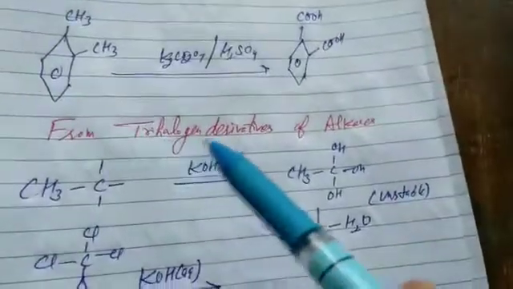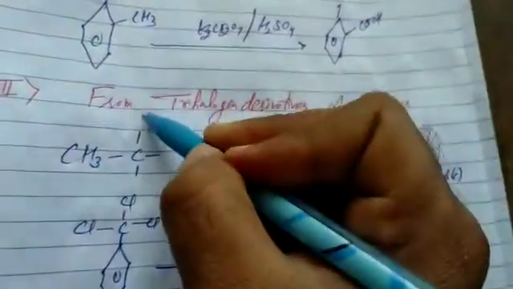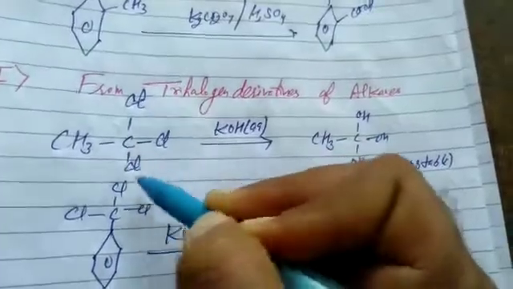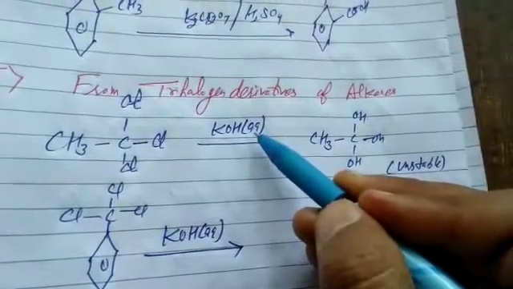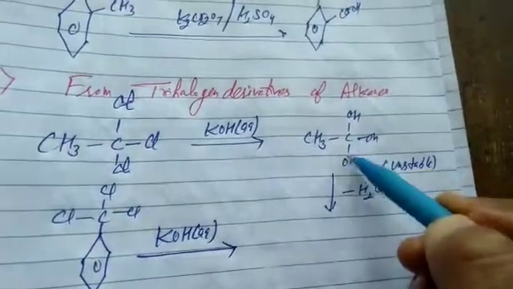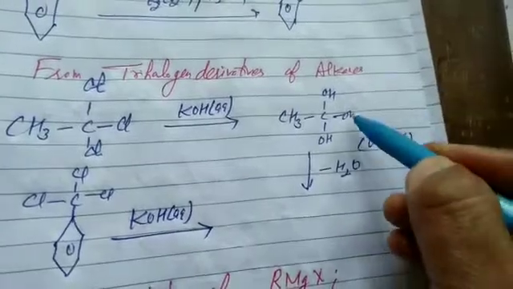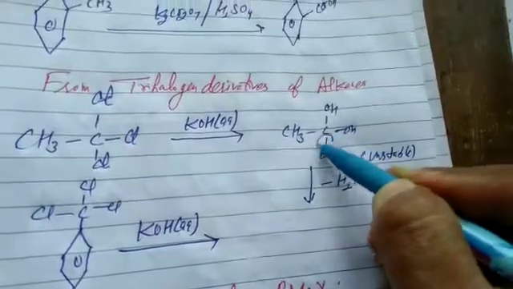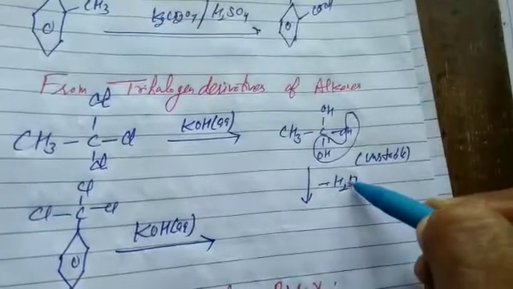Next, from trihalogen derivatives of alkane. Tri means three. Trihalogen, students, means the halogen atom repeats three times: that is one time, that is two times, that is three times. Take 1,1,1-trichloroethane. We treat it with KOH aqueous. All of you know what will happen with aqueous KOH: nucleophilic substitution. That gives a trihydric alcohol, but it is highly unstable because more than one OH group does not stay on the same carbon. We have studied this in alcohols. Such compounds are unstable and undergo auto-dehydration, self-dehydration.